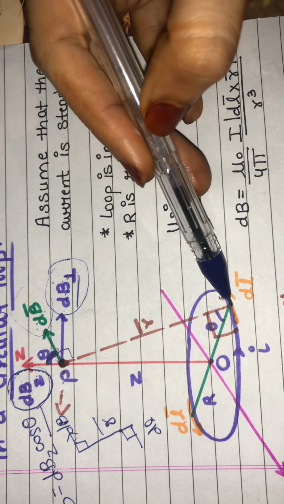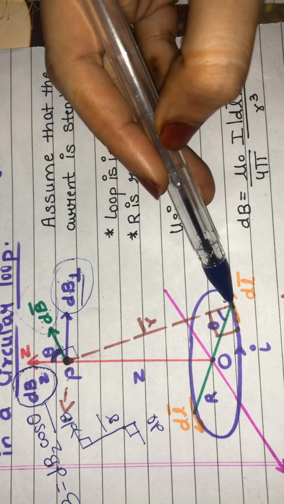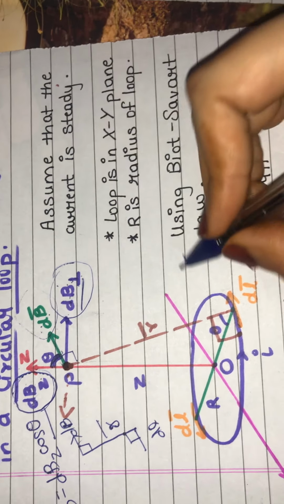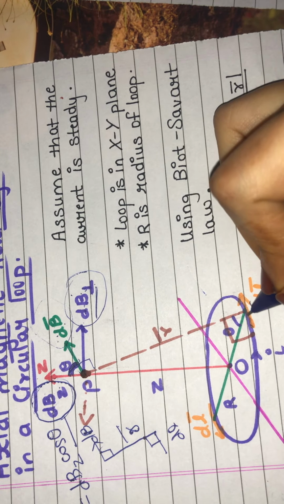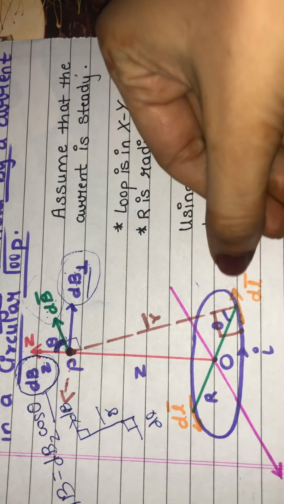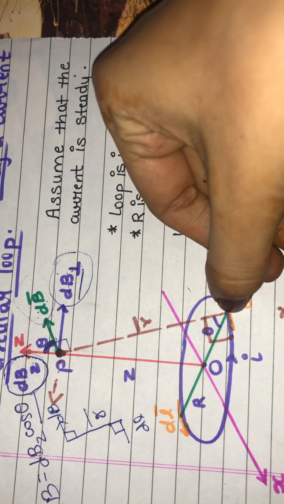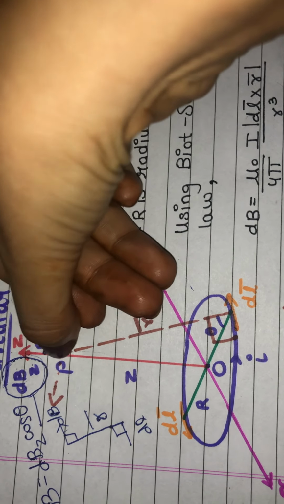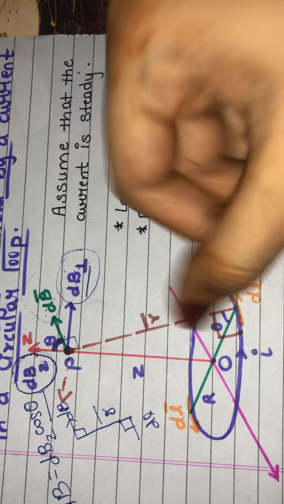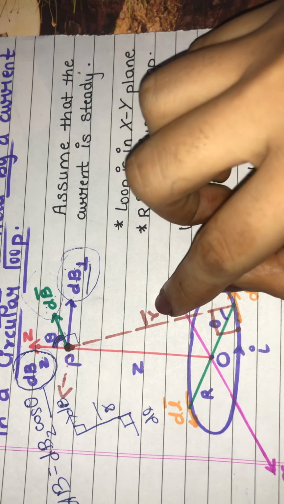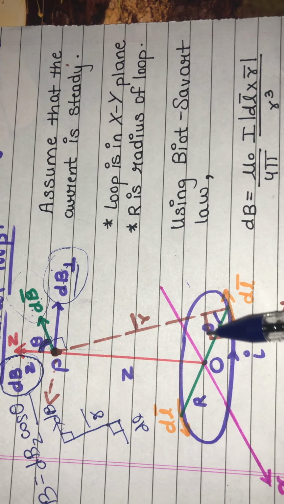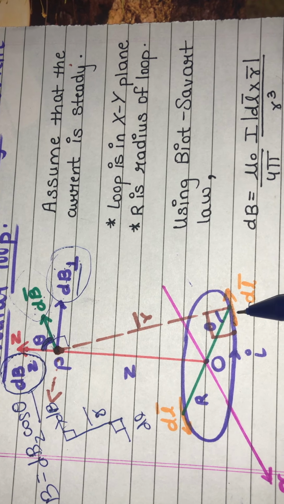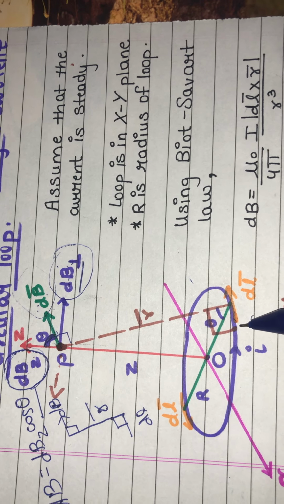So first I have taken this length element. I have shown the direction of this current length element. It will be at this side, a straight one. It will always be a straight one. So here we have drawn it straight. From this length element point, we will draw a line to the point at which the magnetic field is asked. So this distance is your vector r. See, it is perpendicular, this distance and your current length element are making 90 degrees.